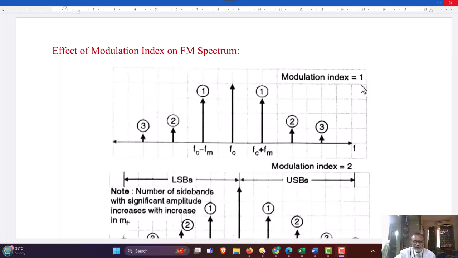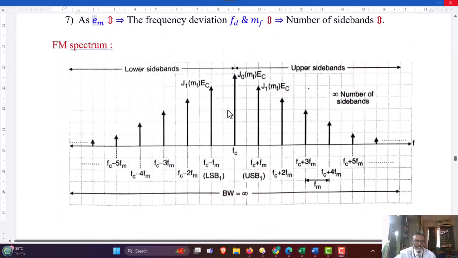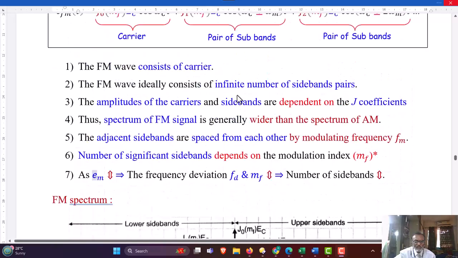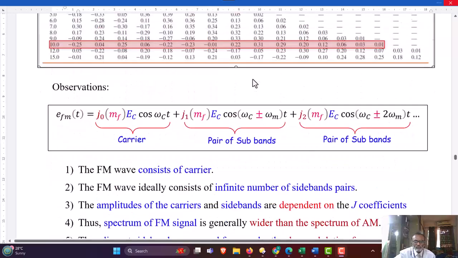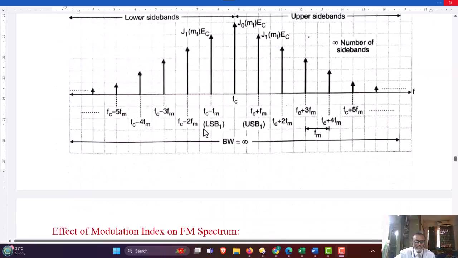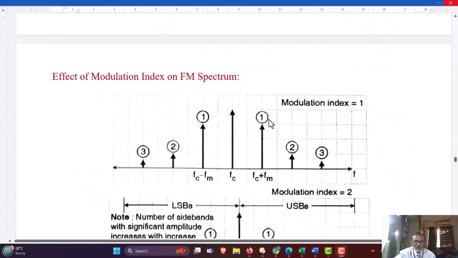When modulation index is 1, you will get Fc plus Fm and Fc minus Fm components, because here we can estimate the amplitude coefficient J0 of MF, and that is given from the expansion table. See, when MF is 1, J0 is 0.77, J1 is 0.44, J2 is 0.11 and J3 is 0.02. Putting that in this expression, you are getting the amplitude of these frequency bars, called sidebands, upper and